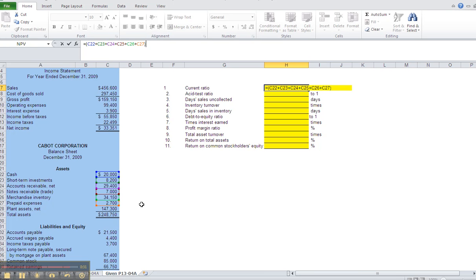And then we need to divide that, so I'll hit the backslash and I'll do parentheses again, my current liabilities, which are accounts payable, accrued wages payable, income taxes payable. Long-term notes are long-term. So then I go ahead and I get 3.42 to 1. So that's pretty good. They've got a fair amount of current assets to current liabilities, and I will do that for all of those using the formulas, or the little cheat sheet, I guess you could call it, that are on page